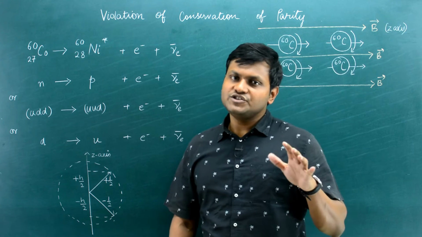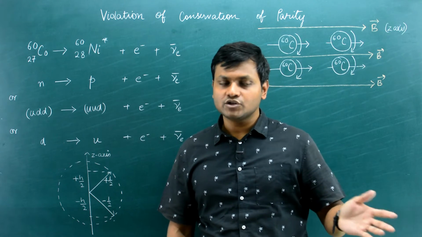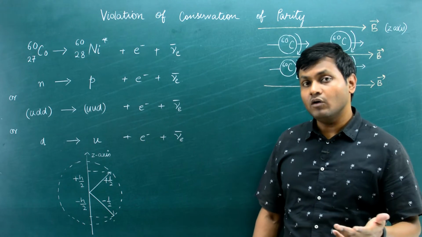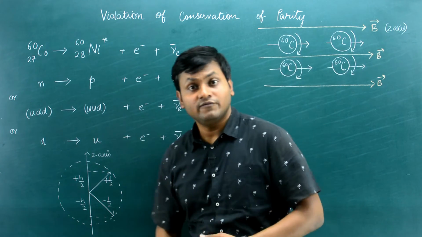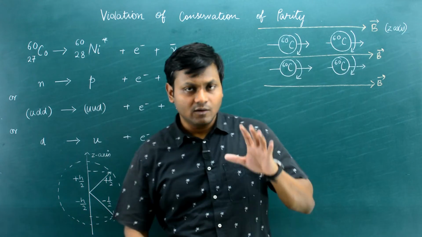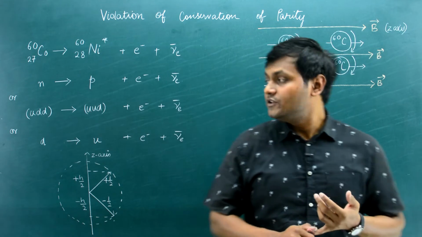So the quarks do not change identity due to gravitational or electromagnetic or strong interaction. The only way that quarks change identity from, let's suppose, up to down or down to up involves weak interaction. So this is a very good example of the consequences of a weak interaction. Now, if you look at this particular beta decay, which was the experiment performed by Wu and her team, then